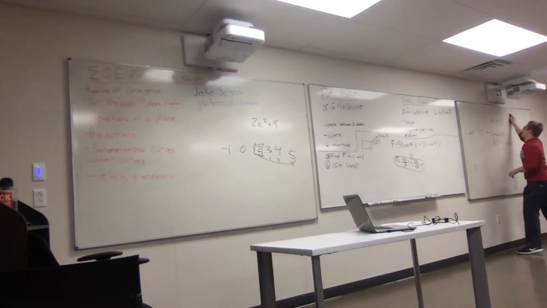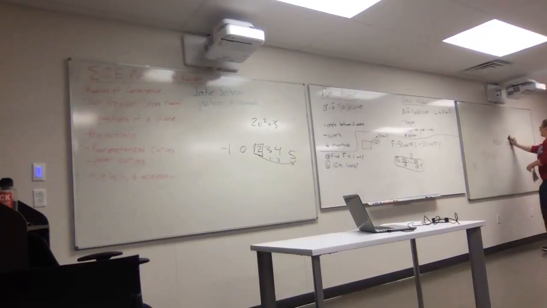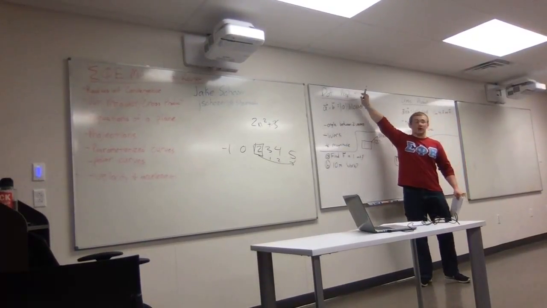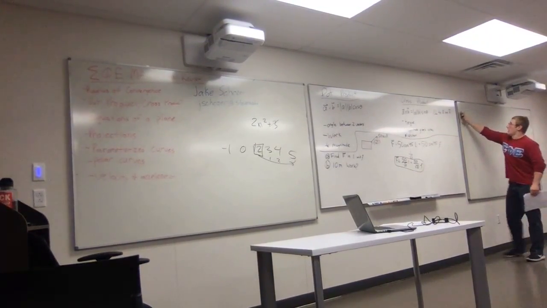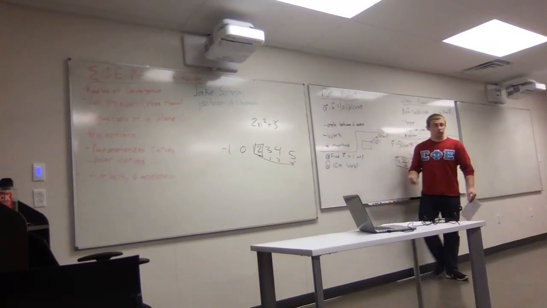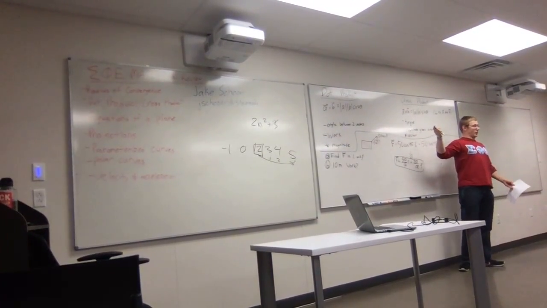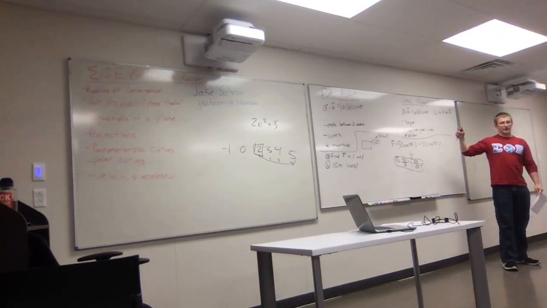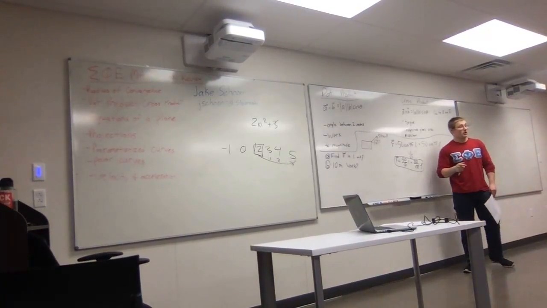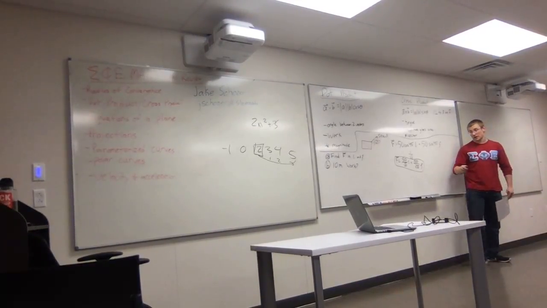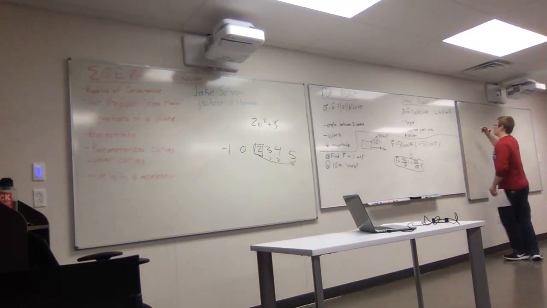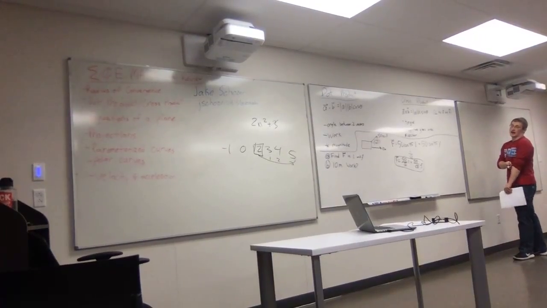Now, the next part says find the work if they move it 10 meters. Work we know is over here on the dot product side. So I want to find the dot product of 2 vectors. It's safe to say that one vector is going to be this F, because that's what the question's talking about. What is my other vector going to be for finding the work done? 10 meters, right? Which way is that 10 meters pointing? In the X direction, because we're moving 10 meters this way. So I know that if I want to find A dot B, or in this case,